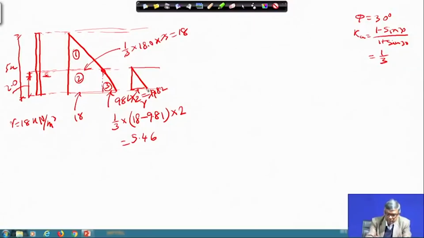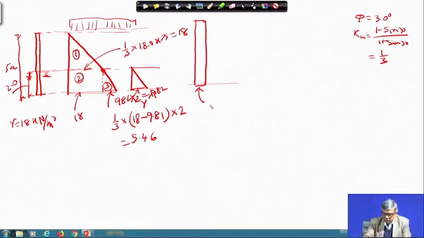Here we have not multiplied by K, mainly because K for water is 1. And then we had a surcharge here, which I have already discussed. Because of this surcharge, it will have a uniform lateral pressure on the wall throughout the depth, and the magnitude of this uniform pressure